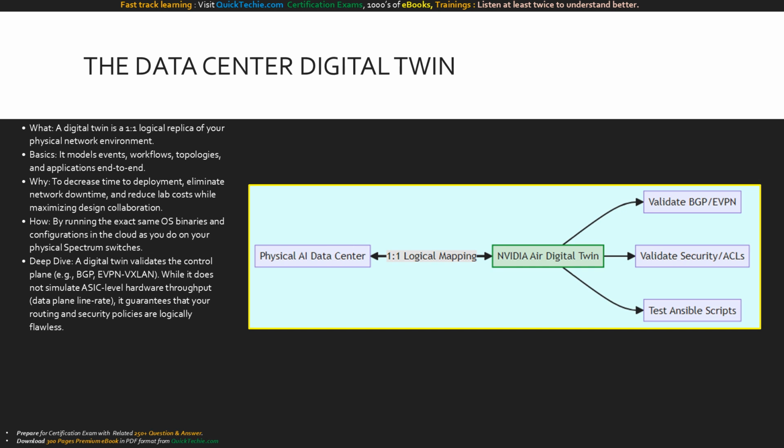How? Because NVIDIA Air runs the exact same Cumulus or SONiC binaries as the hardware. Now for the deep dive distinction: Air simulates the control plane, not the data plane. It will prove your BGP peering and EVPN-VXLAN tunnels form correctly and your ACLs work. It won't test 400 gigabit line rate throughput, but it guarantees your logical design is 100% flawless before you buy